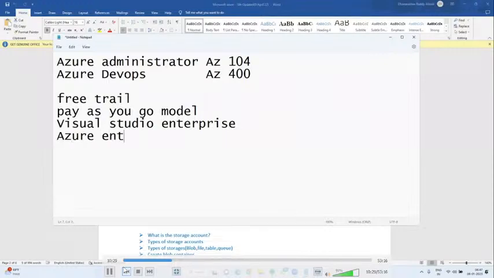Then Visual Studio Developer Edition. Like that, we have around 20 plus subscriptions. Next, we have the student license. Visual Studio Enterprise, Visual Studio Developer, Visual Studio Students. We have n number of subscriptions.